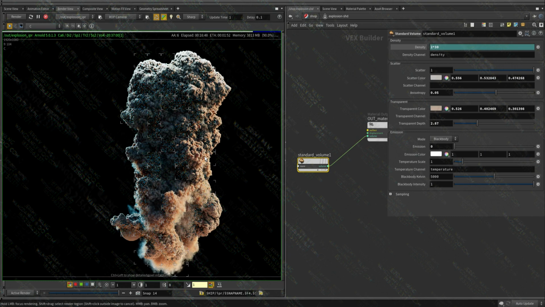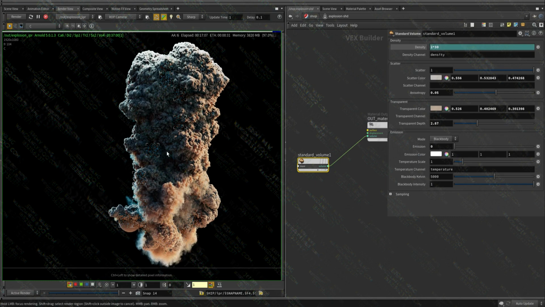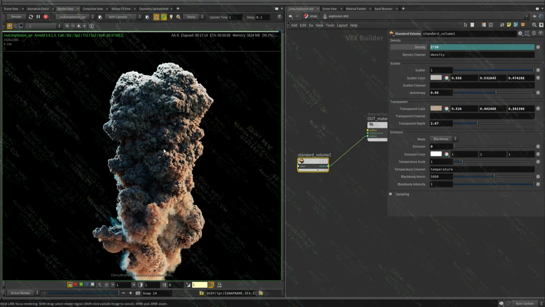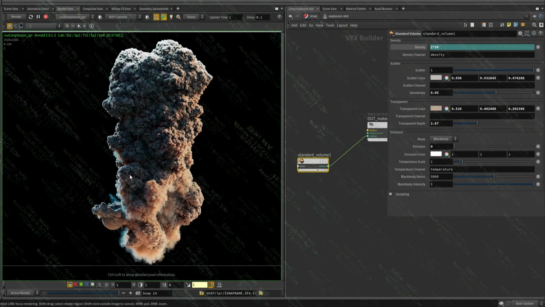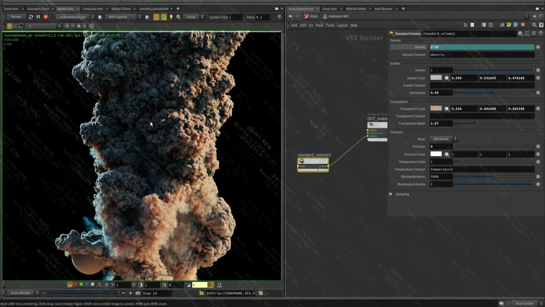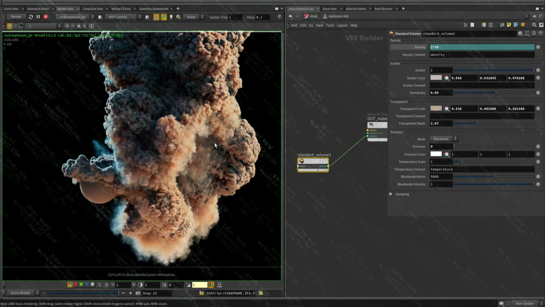And I personally don't care too much about having a background or an HDR. I want to get as cool as possible of a render from that smoke. It doesn't have to be realistic or anything. I just want to make something that looks nice. If you have a reference, then that's a completely different story that you have to match, which is a much more complex process. We'll hopefully show you guys techniques that will help you to sculpt and control the volumes, the volume shader, in any way you want.